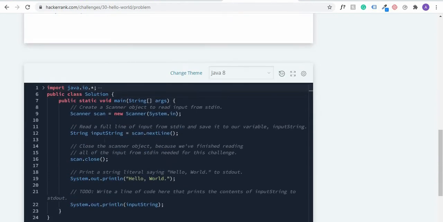So let's look into the code. Now, don't get yourself worked out over all of this. You can just look into this. We create a scanner object to read input from stdin. What this is saying is that these are ways that they can get inputs from you. Again, for example, you filled a form to register.